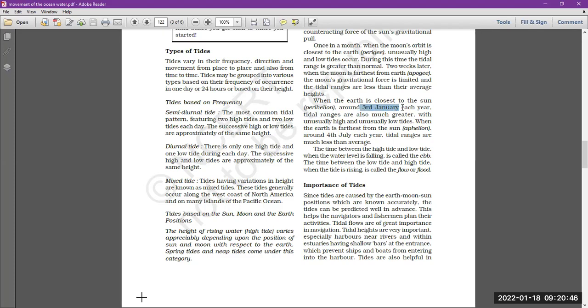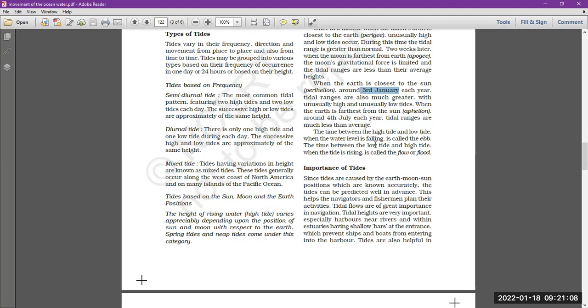3rd जनवरी को वो closest होता है। So tidal range are much greater because at that time the sun's gravitational pull is higher on the earth. Now when the earth is farthest from the sun, at that time कौन सा टाइम में होता है? तो 4th जुलाई को farthest होता है। तो tidal range are much less than average because यहाँ पे gravitational pull कम लग रहा है। ओके,